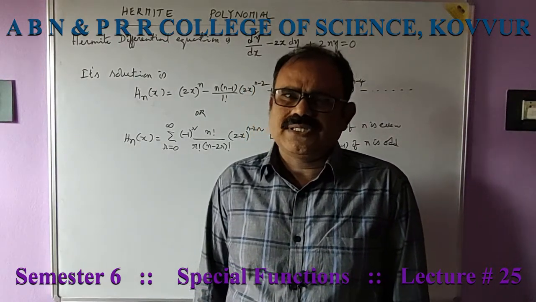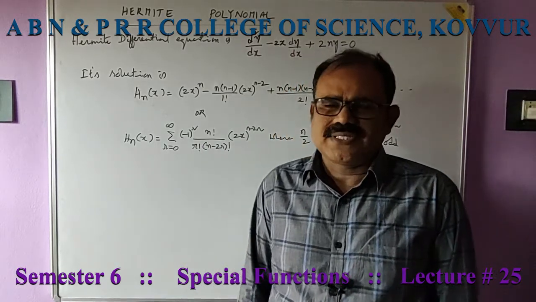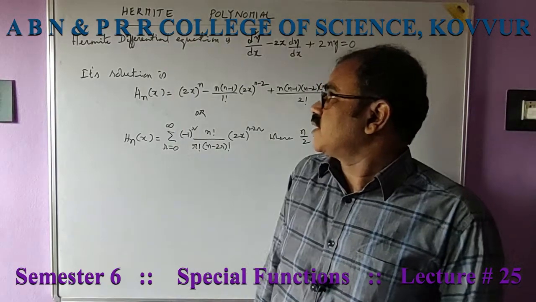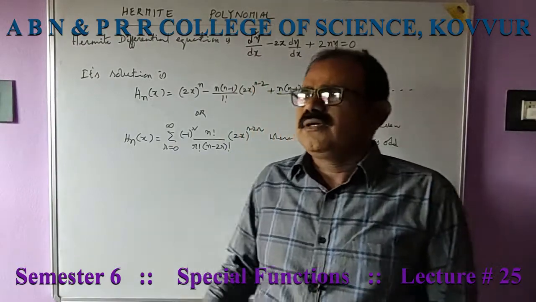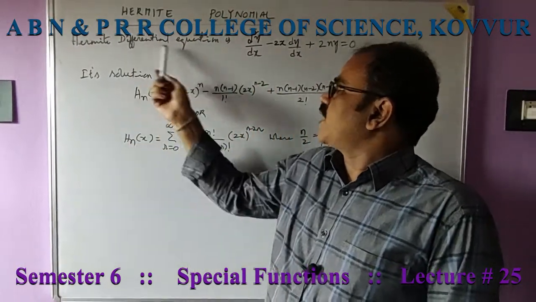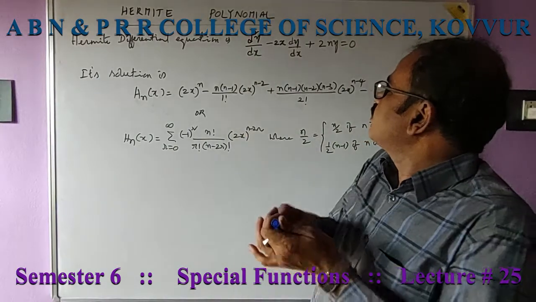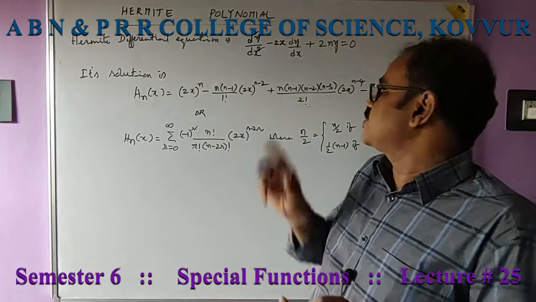We have completed Bessel's polynomial also, Legendre, Bessel, and first of all, beta gamma functions. Now let's go for Hermite polynomial. As usual, there is a differential equation, which is the Hermite differential equation, that is d square y by dx square minus 2x into dy by dx plus 2ny is equal to 0.